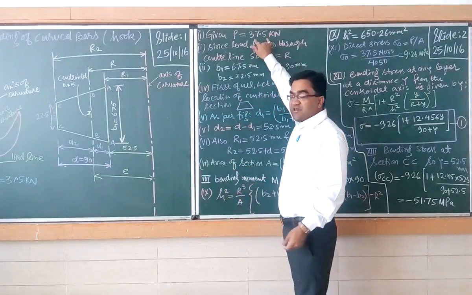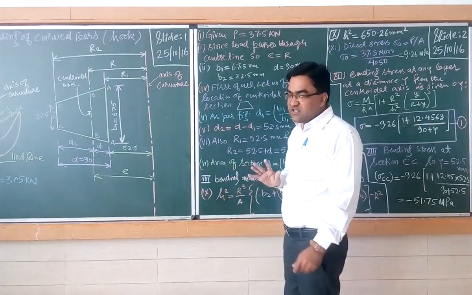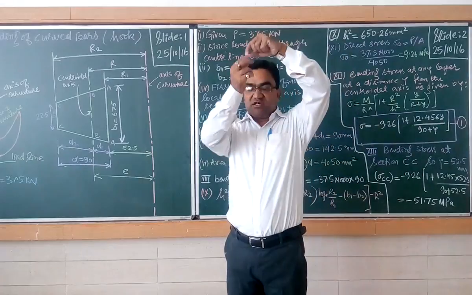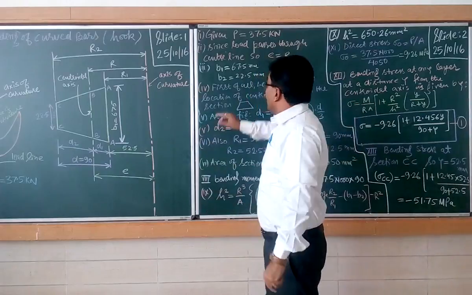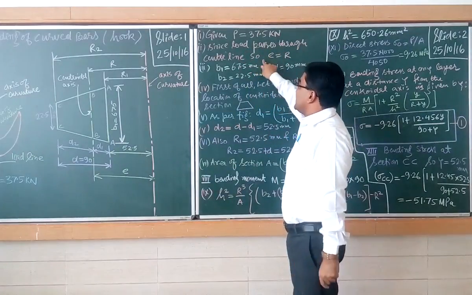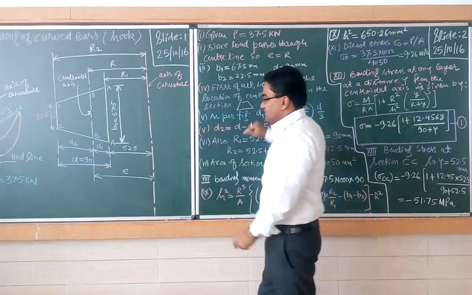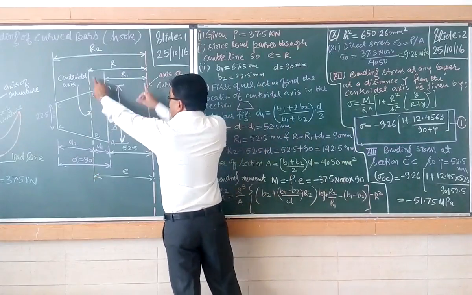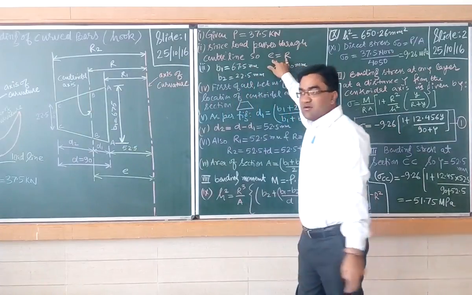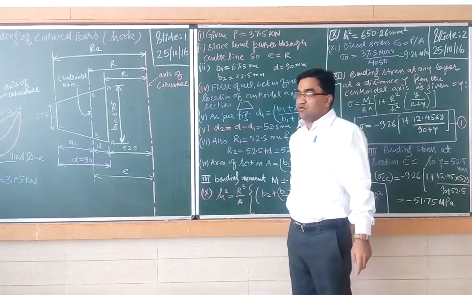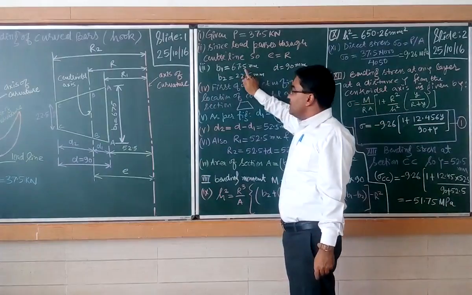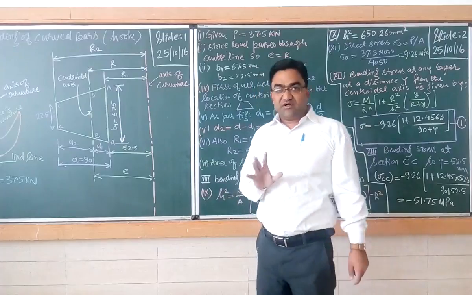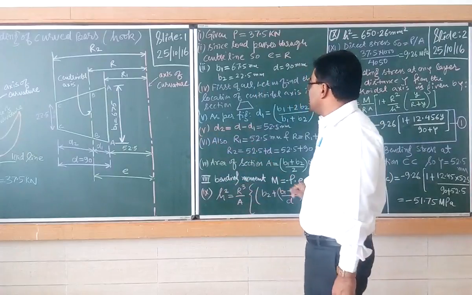First of all, given is 37.5. This is the load which has been given and it is passing through the center axis of the curvature. Since the load passes through the center line, E will be equal to R. You can very well view it from the diagram. This is E, E is equal to R. This is a very important point to note. V1 is 67.5, V2 is 22.5, D equal to 90. These are the terms which are given in the numerical or in the geometry.